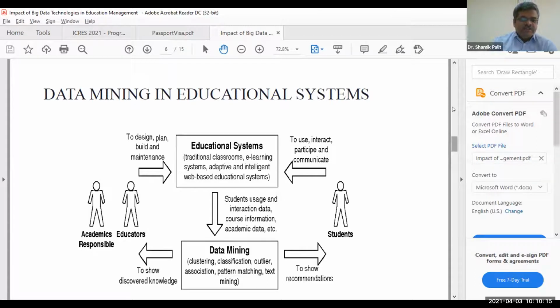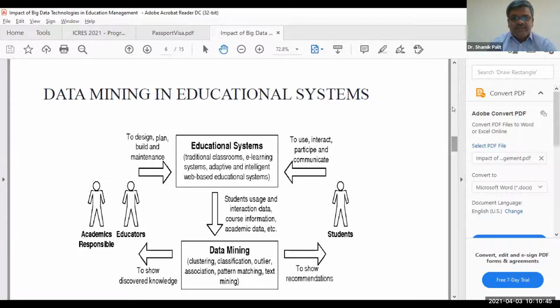In any specific educational management system, let's first identify the stakeholders, like here, as reflected, students, and at the same point of time, the educators and academicians, who are also playing a vital role here. So starting from the e-learning management systems or intelligent web-based educational system, the first and foremost idea is to